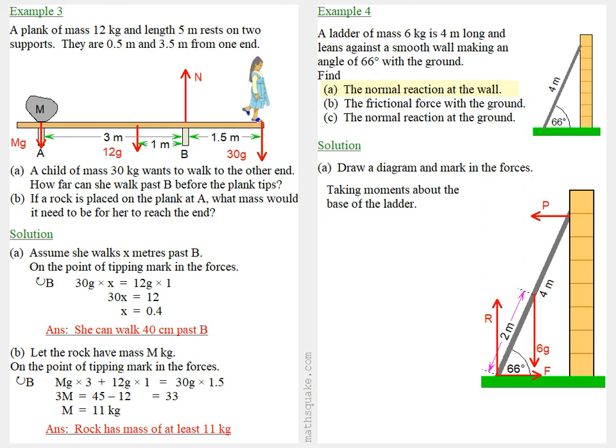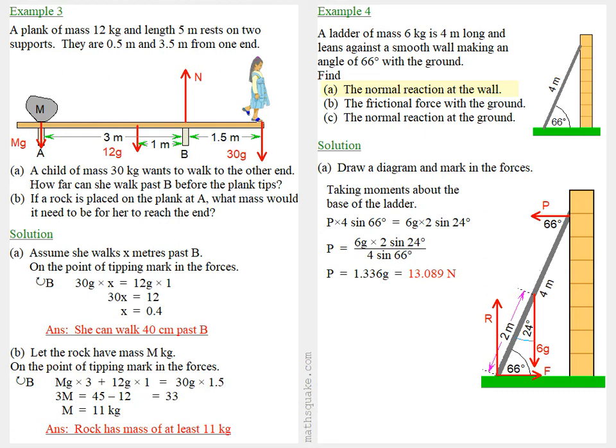Now, if we take moments about the base of the ladder, we can see that P makes an angle of 66 degrees with the ladder, and the weight 6G makes an angle of 24 degrees with the ladder. So we have P times 4 sine 66 equals 6G times 2 sine 24, or P equals 6G times 2 sine 24 over 4 sine 66 degrees, which works out P is 1.336 G, or P is equal to 13.089